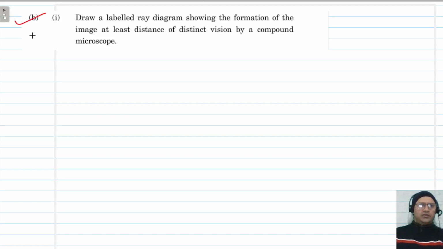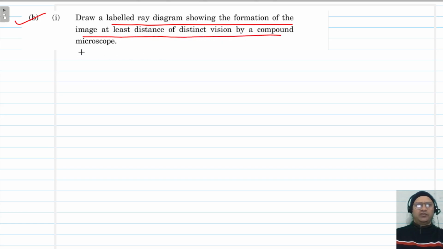ओके, नेक्स्ट जो पार्ट बी है इसमें दिया है: ड्रॉ लेबल्ड रे डायग्राम शोइंग द फॉर्मेशन ऑफ द इमेज एट लीस्ट डिस्टेंस ऑफ डिस्टिंक्ट विजन। लीस्ट डिस्टेंस ऑफ डिस्टिंक्ट विजन को डिनोट करते हैं D से, which is 25 centimeter for an adult eye. तो ये आपको लेबल्ड रे डायग्राम बनाना है कंपाउंड माइक्रोस्कोप के लिए।